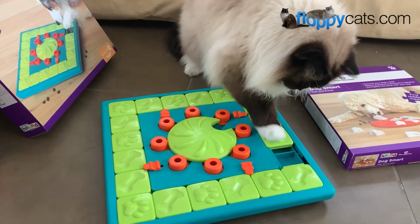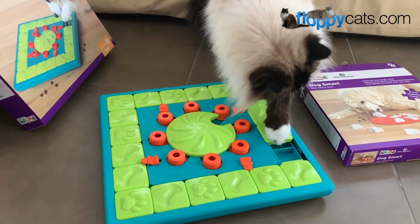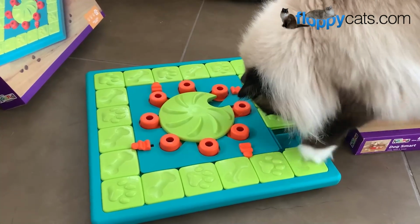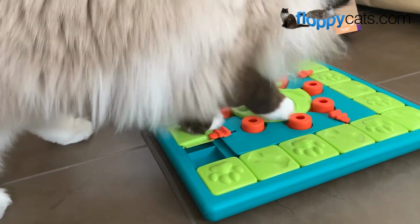If I had been a kid and had these puzzle toys with my cat, I would have loved it. I would have been like, okay, go to this one, go to this one, and help them figure it out. But Charlie just was game for puzzle toys from the get-go. I guess the other thing I was just thinking about: